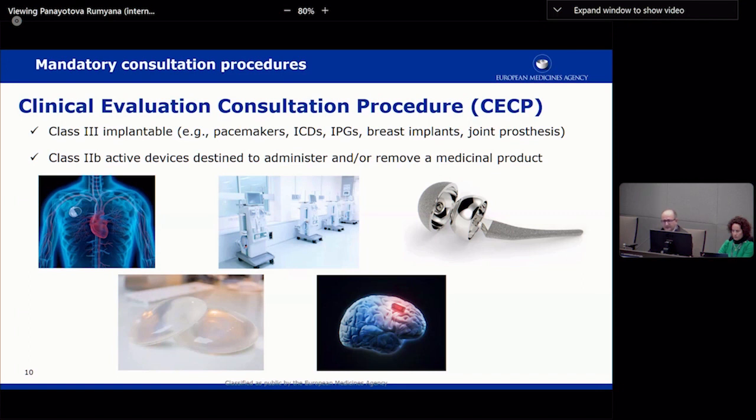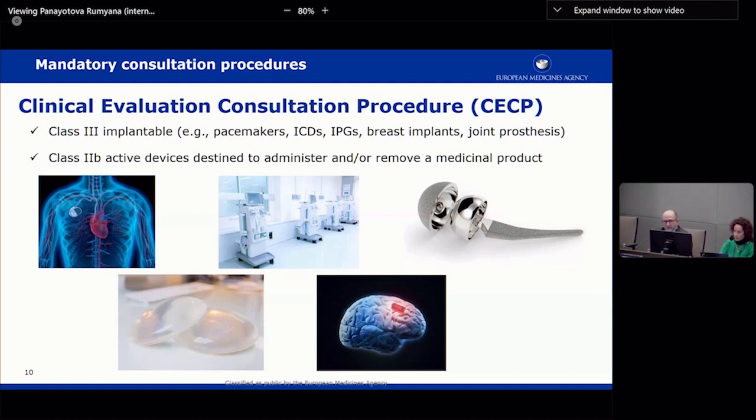I have a few examples here. So these are the highest risk medical devices class, and specifically the implantable ones, it adds an additional layer of risk. Or also, and that's a specific type of products, the Class 2B active medical devices destined to administer or remove a medicinal product. This is a specific part of the classification of the regulation. It's the first part of Rule 12, and we're talking about dialysis machines, ventilators, infusion pumps. So it's equipment destined specifically to administer or remove